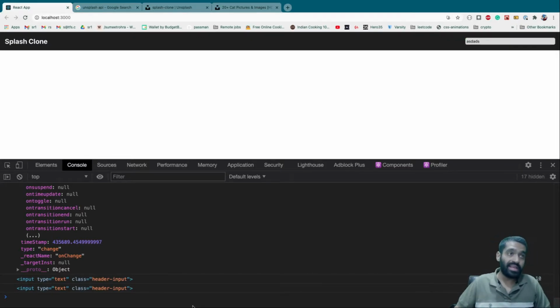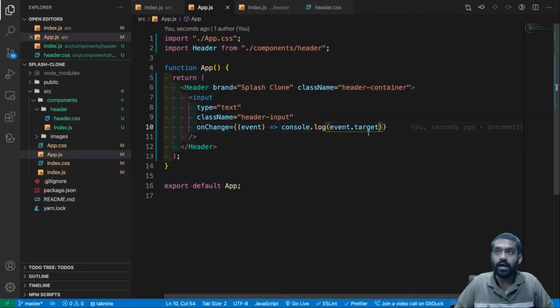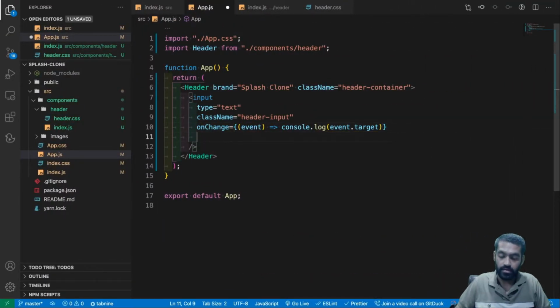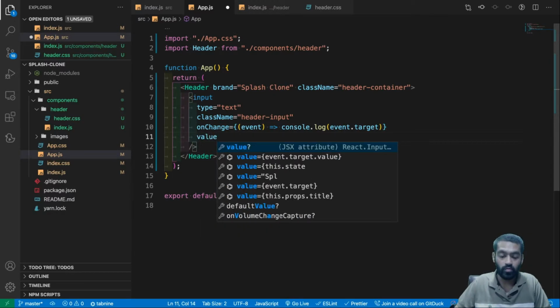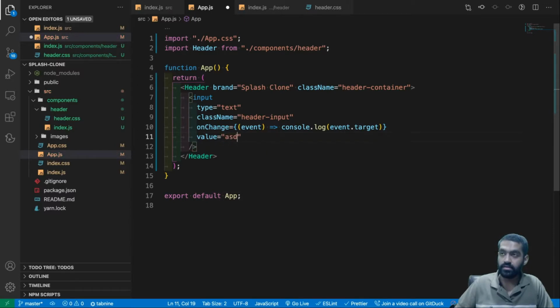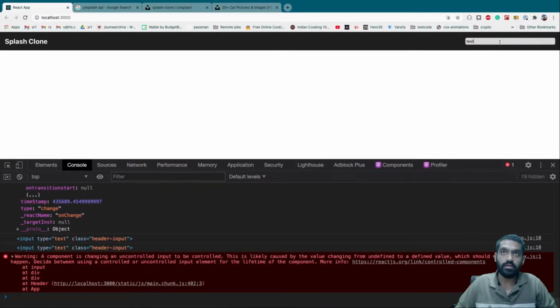Now how do we take out what's being written here? To do that, we have another prop called value. Let's say I give it some value, like test. Let's try to change it.